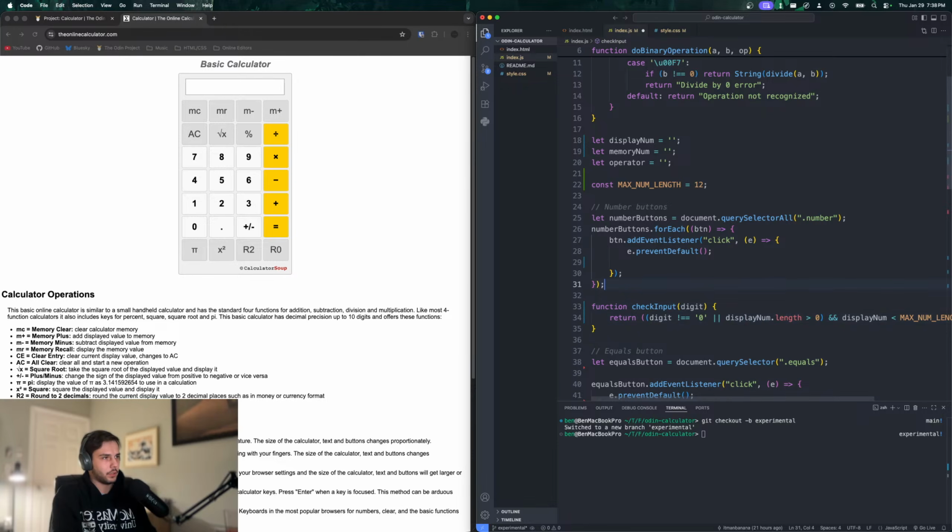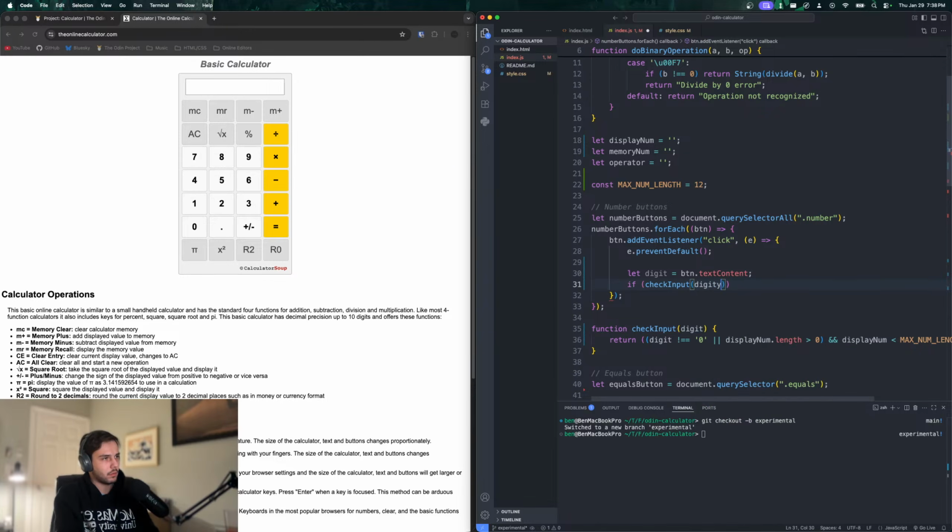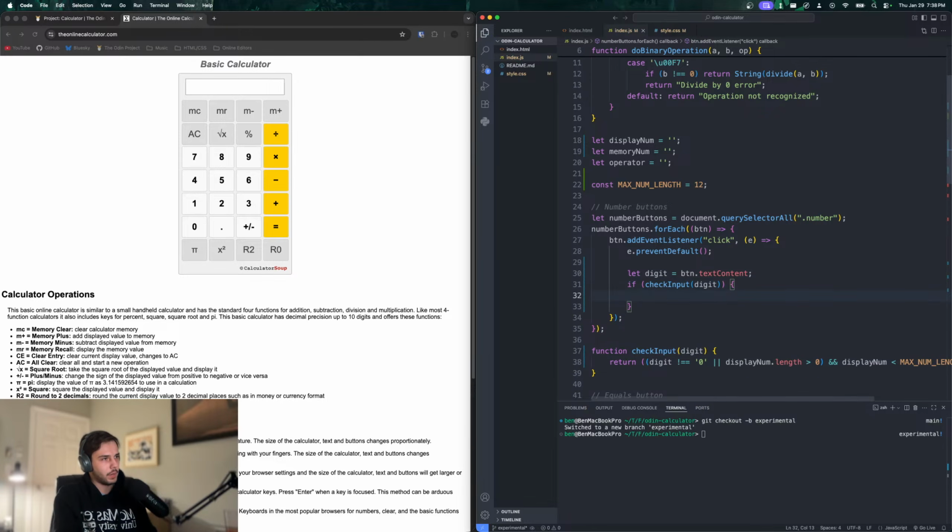So then this check input function essentially just, so then we'll say if check input of the digit's valid, then we will display num dot append, or we'll just do plus equals. That works too. Digit,